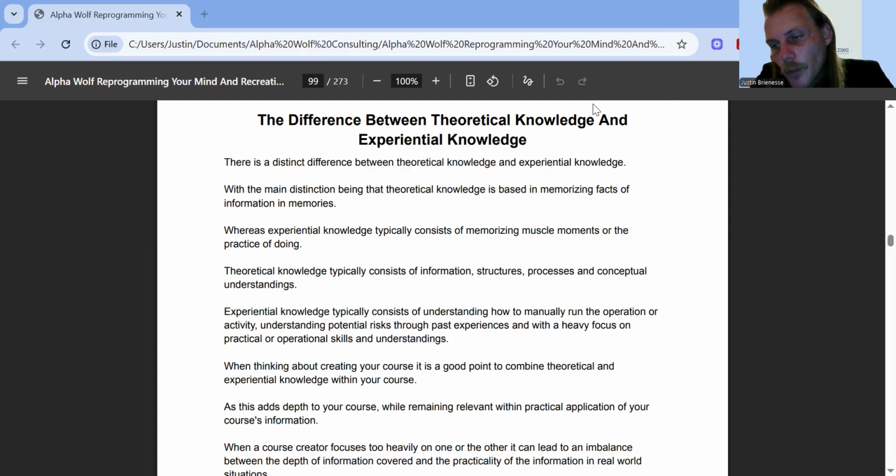So when you're making your course, we don't want to be only theoretical or only experiential, because then we are self-limiting our ability to communicate at a high level. So we will always want to have a balance between theoretical and experiential knowledge so that we're able to paint a broad picture that helps people grasp overarching concepts and then give specialized or specific information that helps them operate within that knowledge in a specialized format. Do you sort of get it?